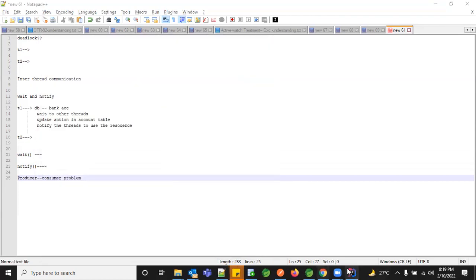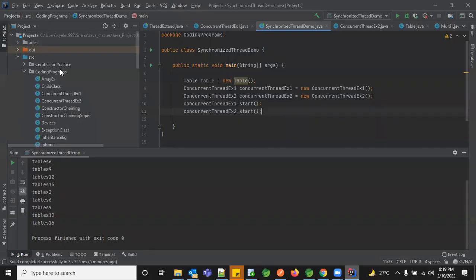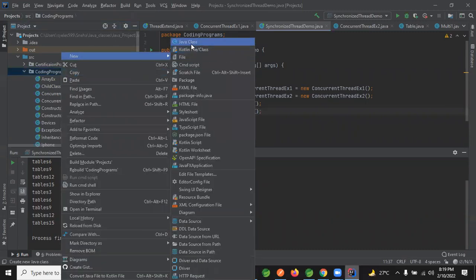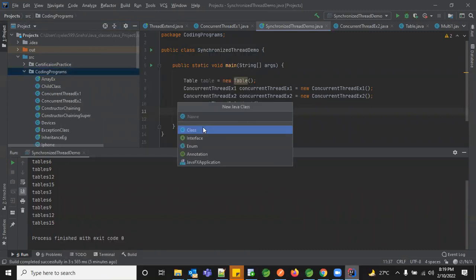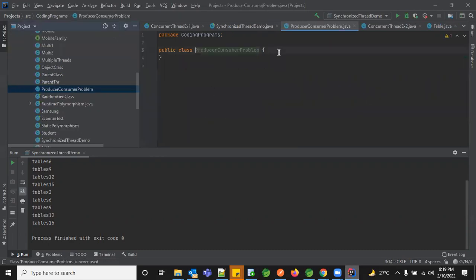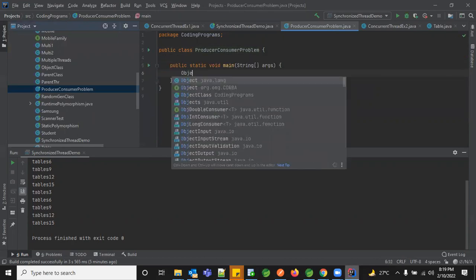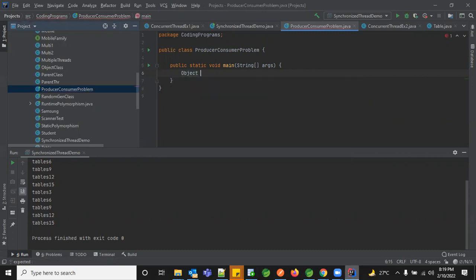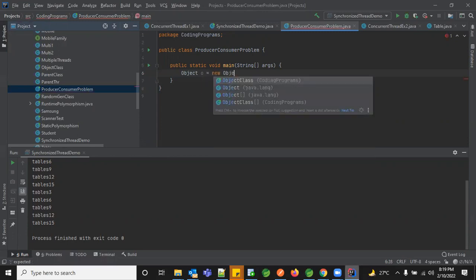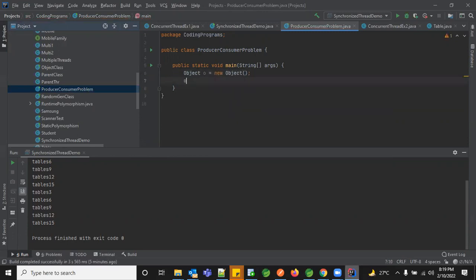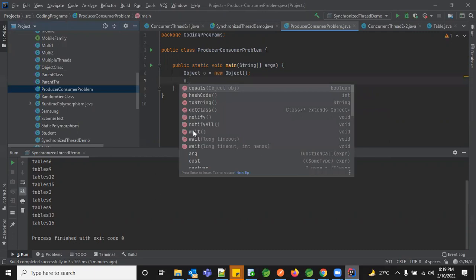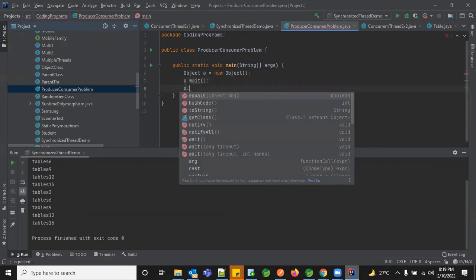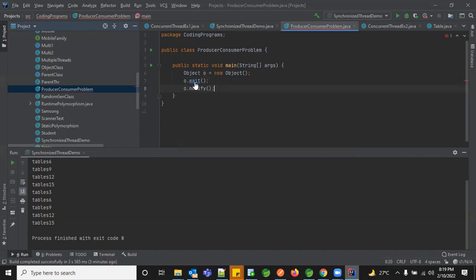We know there's a topmost class in Java. What is that topmost class? The Object class. Yes, that is the Object class, right? So in our Object class, let me create an object, just to show you those two methods. So object dot, you can see a wait method here. Similarly, there's a method called notify. Let me go into this.